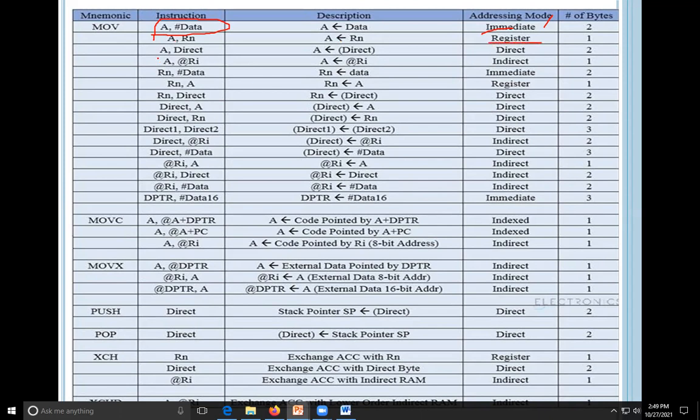Next is MOV A, direct. What does A, direct mean? If you are putting the value 20h as the direct data, then 20h is the location. At that location there is a value, and you have to transfer it to the accumulator. Then again,